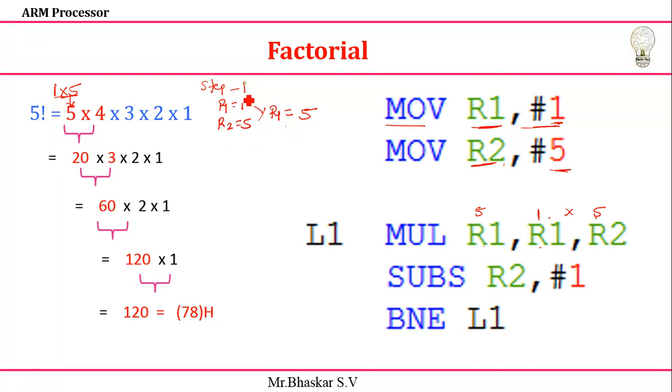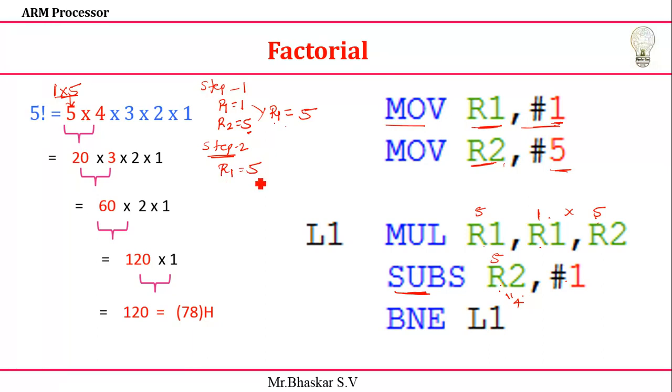So next, this is a 5 I'm getting. In the step 2, this R1 only I'm going to use. R1 it is 5 and 5 I need to reduce this one. Minus 1 I need to do. So that's why I'm going to use the SUB instruction. R2 means right now R2 value is what is the value you have? 5. So 5 minus 1 means I need to get it is 4. So updated value here, it will get it is a 4.